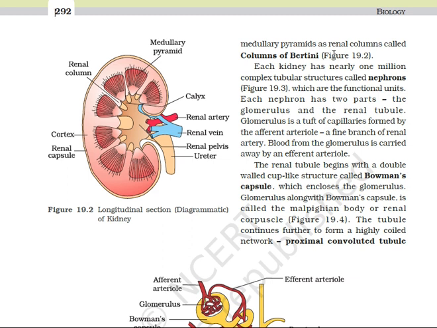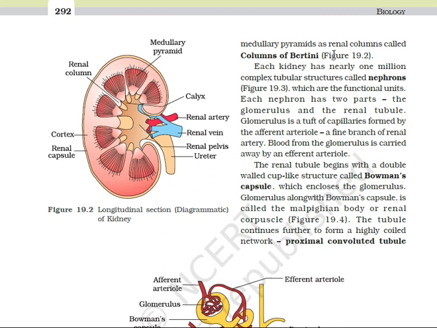Then you should also know that the bladder and the ureters are lined by transitional epithelial tissue. So this transitional epithelial tissue may be considerably stretched without getting torn when the bladder and the ureters are filled with urine. I am repeating, the bladder and the ureters are lined by transitional epithelial tissue, so that they may be considerably stretched without getting torn when they are filled with urine.